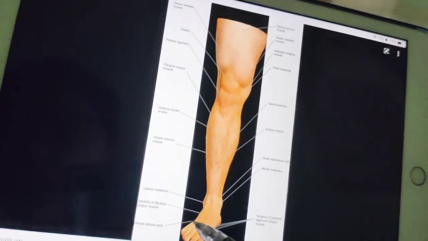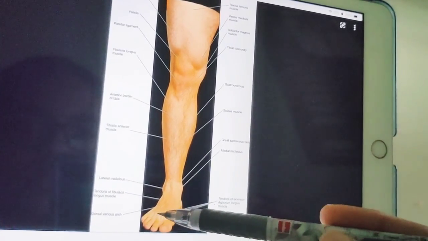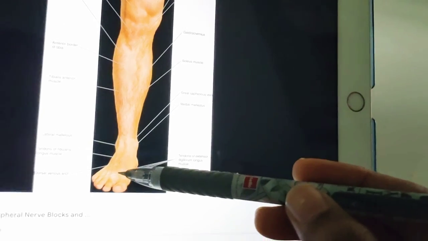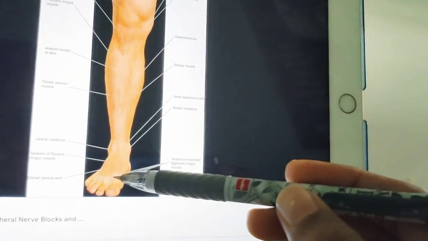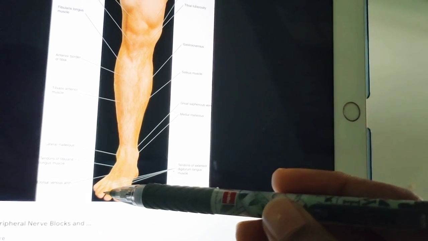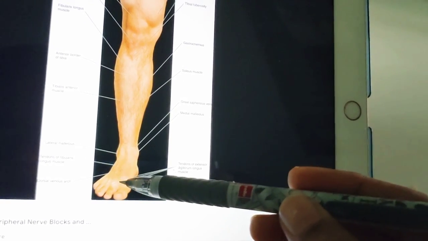Next, coming to the first metatarsophalangeal joint. Metatarsophalangeal means here at this junction it will be. So this joint lies a little in front of the center of the ball of the big toe here. Okay, so the other metatarsophalangeal joints are placed 2.5 cm behind the webs of the toes. So you can see at the webs of the toes, behind the webs of the toes you can feel that.